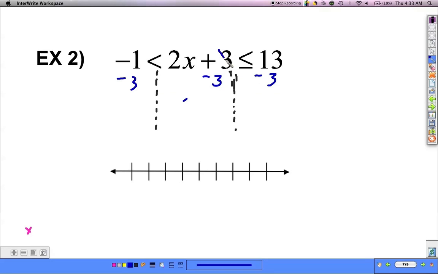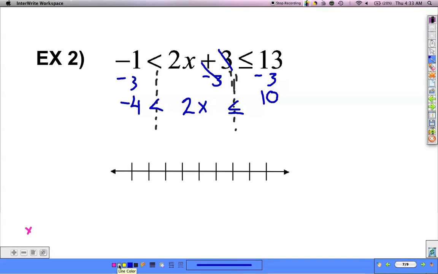Plus 3 and minus 3 will subtract to 0. 13 minus 3 is going to give us 10, and negative 1 minus 3 is going to give us negative 4. I'm just going to bring down my symbols exactly the way they are because all I did was subtract, and I want to bring down the 2x. So now I have negative 4 is less than 2x is less than or equal to 10,